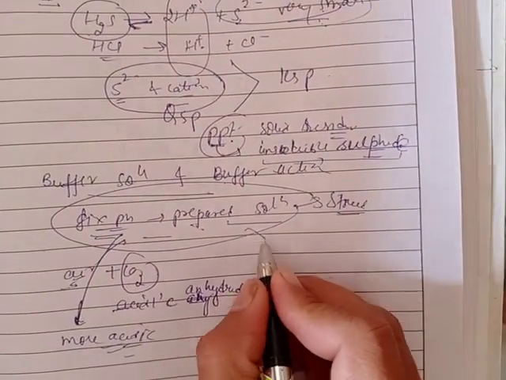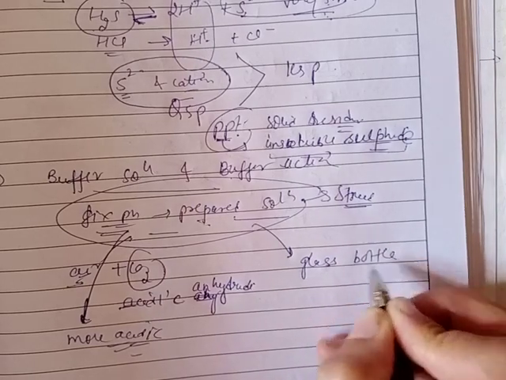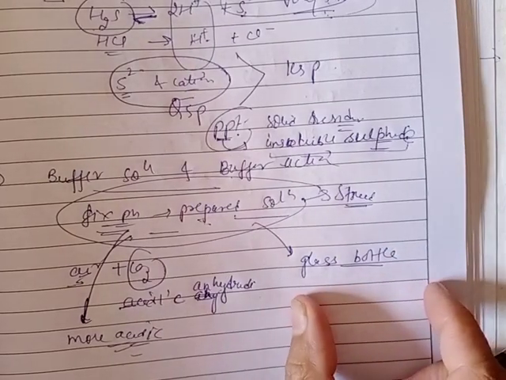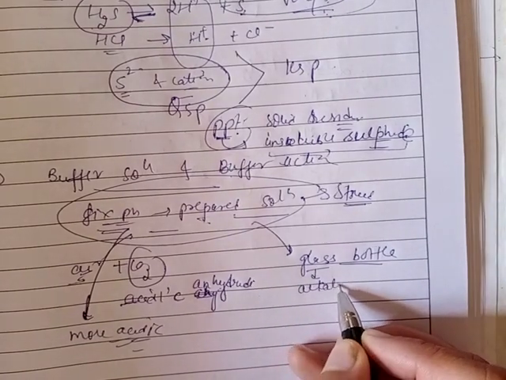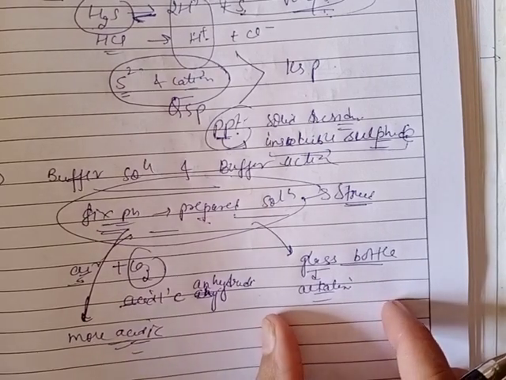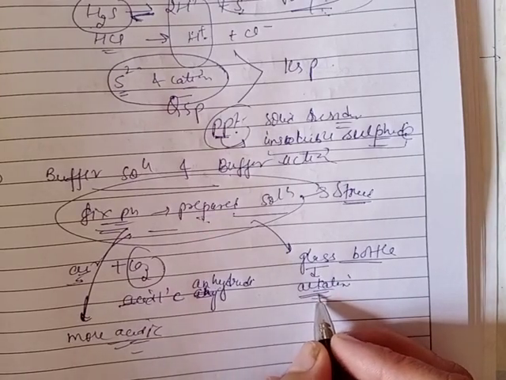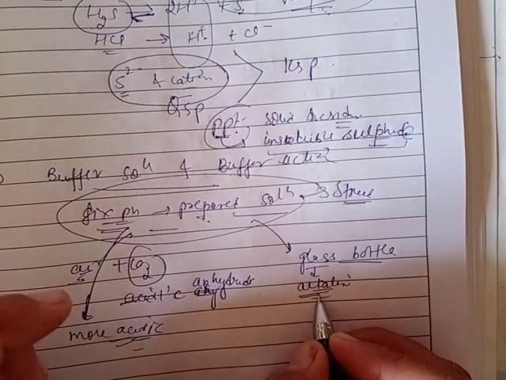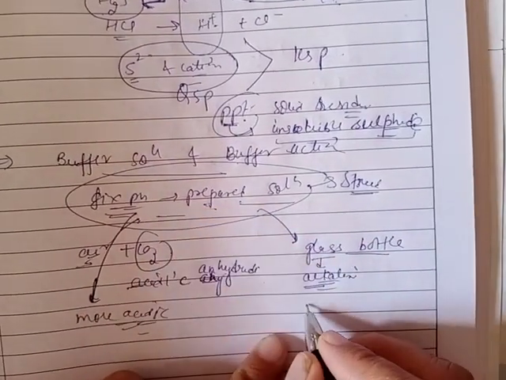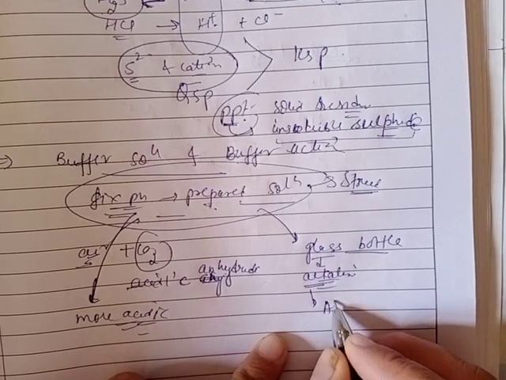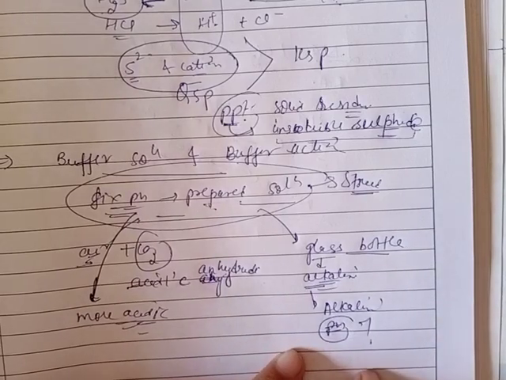Second case, if the solution is stored in a glass bottle, or glass container. Suppose we have stored the given solution in a glass bottle. As we know, the glass is alkaline in nature. The glass has alkaline impurities, and these alkaline impurities dissolve in the solution. The solution we prepared, these alkaline impurities of the glass mix with the solution and again make the solution alkaline. Therefore, again here the pH undergoes change. pH doesn't remain the same.